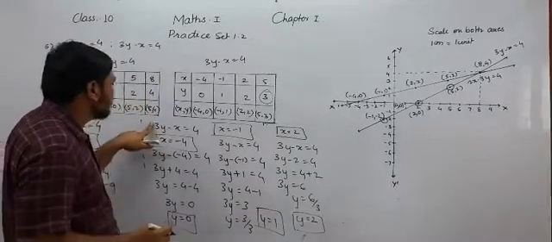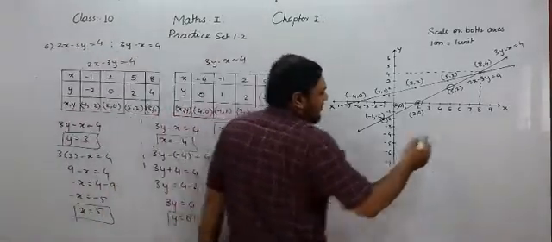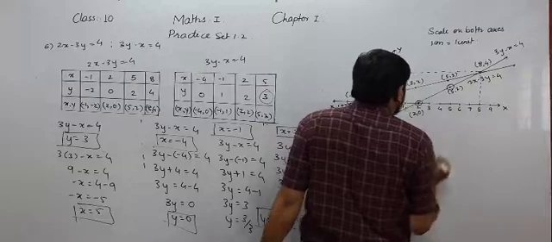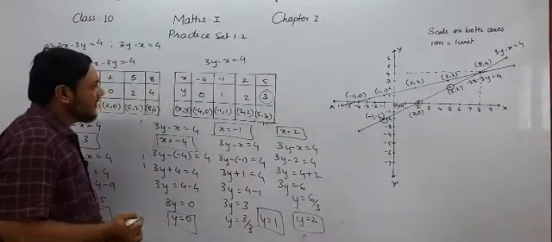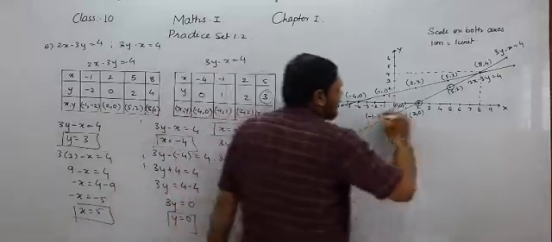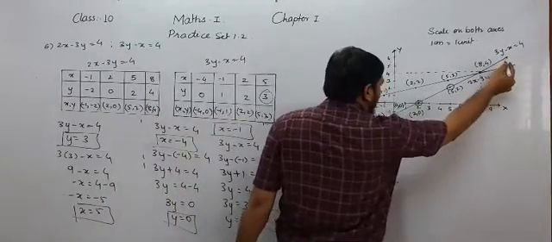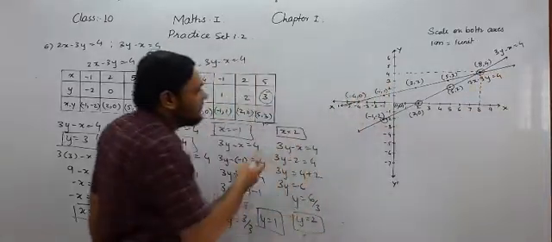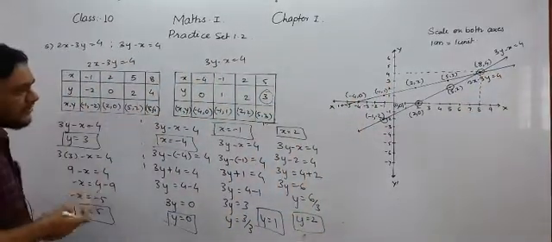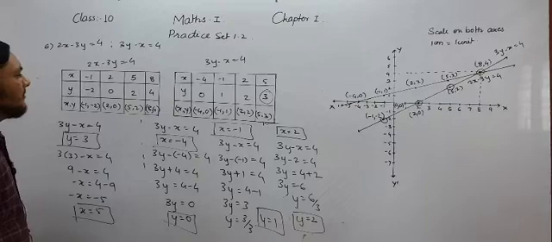So now the last ordered pair is 8, 4. Here it is 8 on the x-axis and 4 on the y-axis. So here it is 8, 4. Now after that we have to draw the straight line passing through all the points. So you can see that I have drawn the straight line passing through these points, which means we have to keep these points collinear. If these points are collinear, then we can draw the straight line through them.